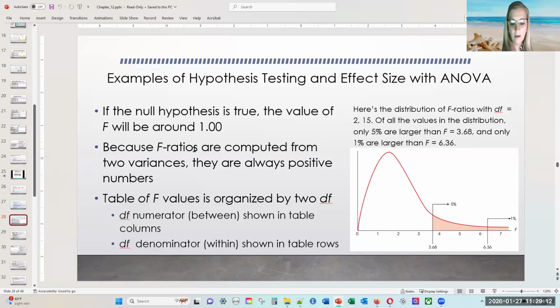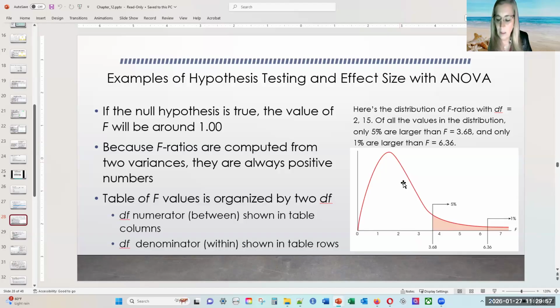All right, so because F ratios are computed from two variances, they will always be positive numbers. And you should also know that the table of F values is organized by 2 degrees of freedom: the numerator, which is the between, and the denominator, which is within. And you can see that here. And here is the distribution of F ratios with within and between degrees of freedom. Of all the values in the distribution, only 5% are larger than F equals 3.68, and only 1% are larger than F equals